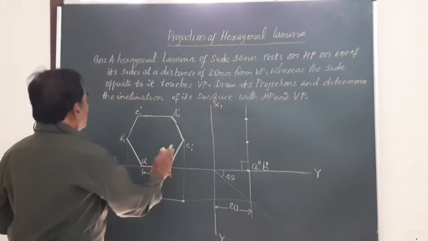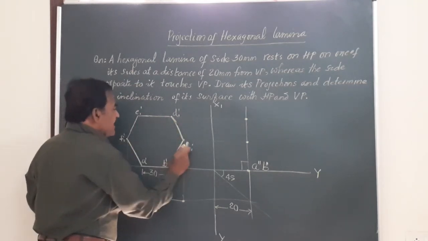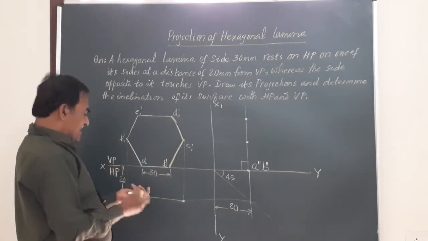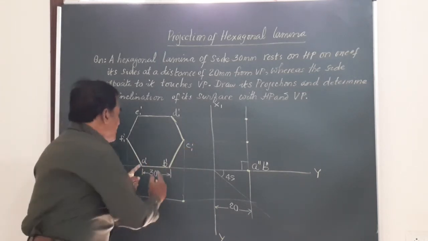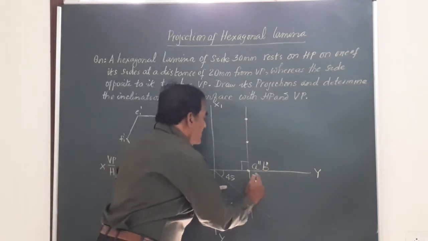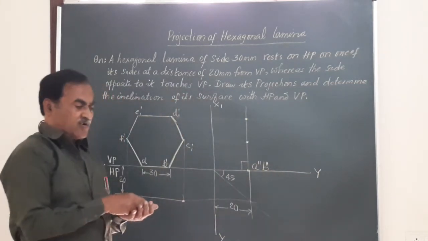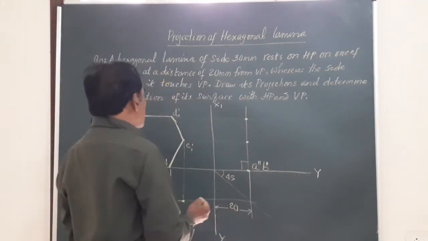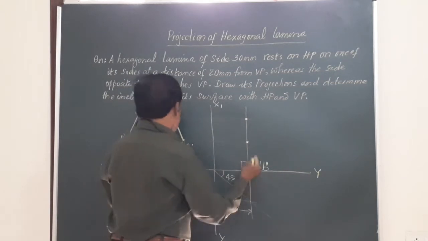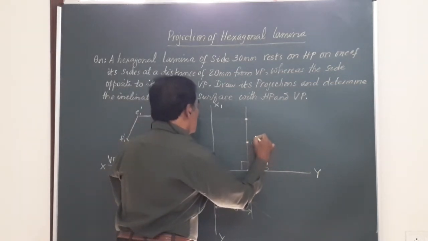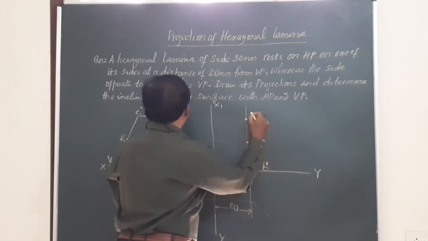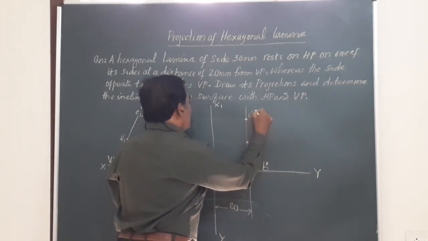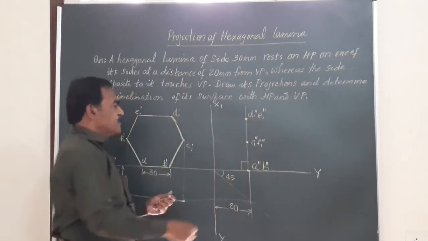because the position of this ED and CF will change later on. That's why I am showing by E1', D1', etc. But the position of AB is fixed, so this is a fixed point. Now friends, in drawing what we do, the side opposite to that is, this is C1'', then F1'', this is D1'', then that is E1''. The position of this is changed.